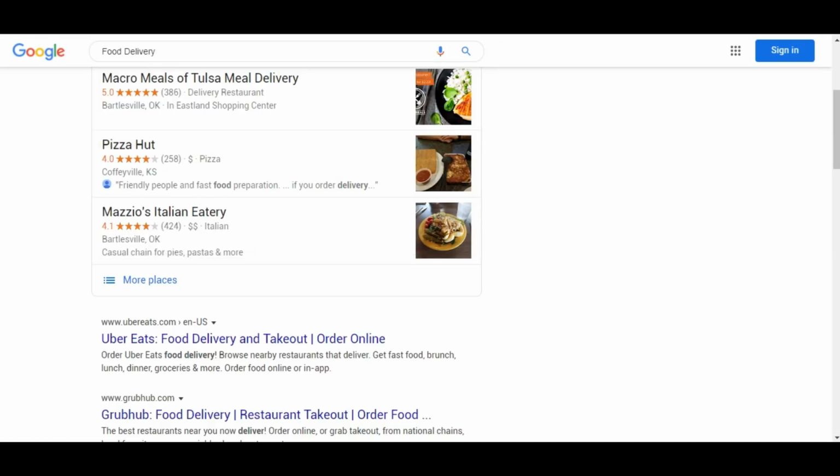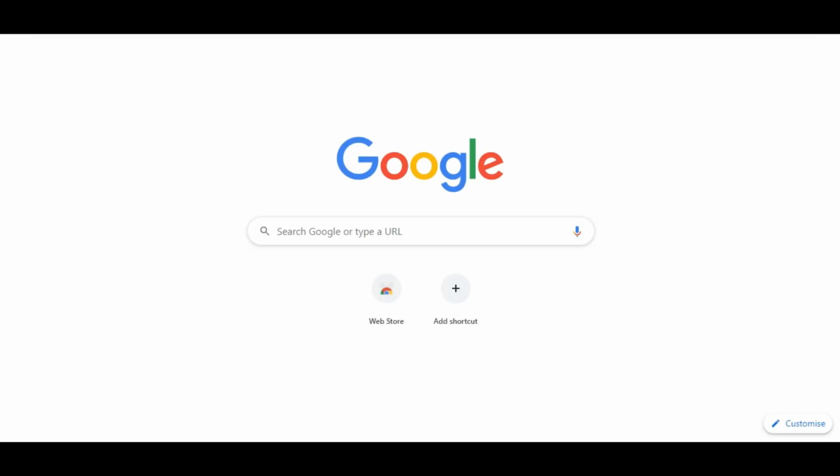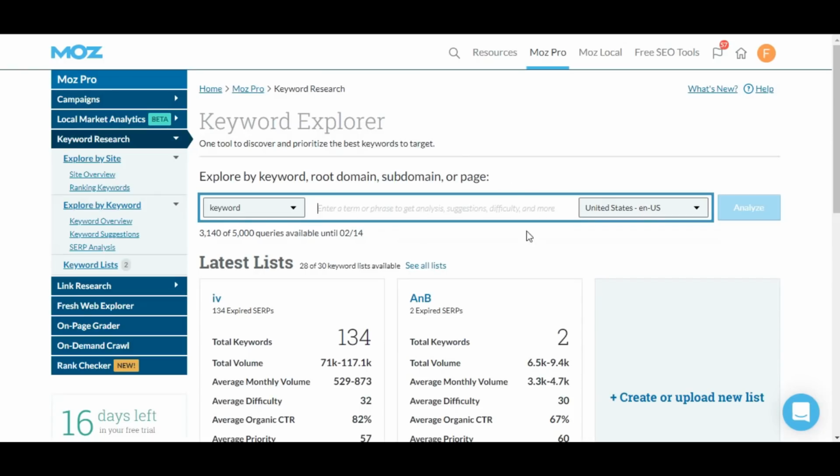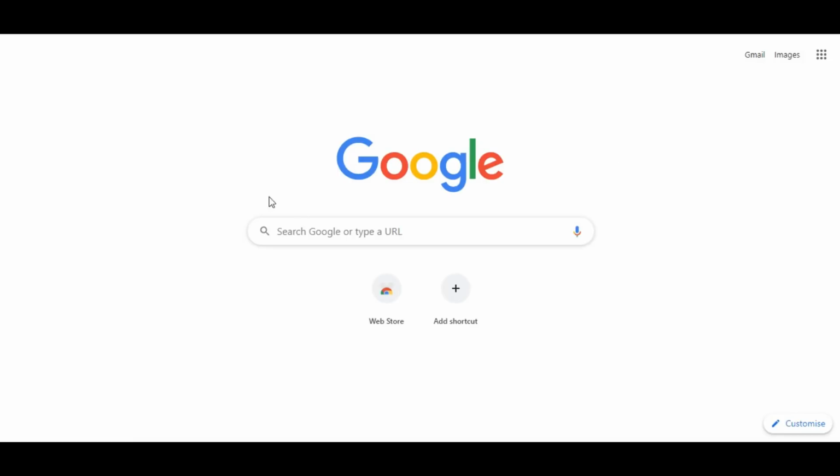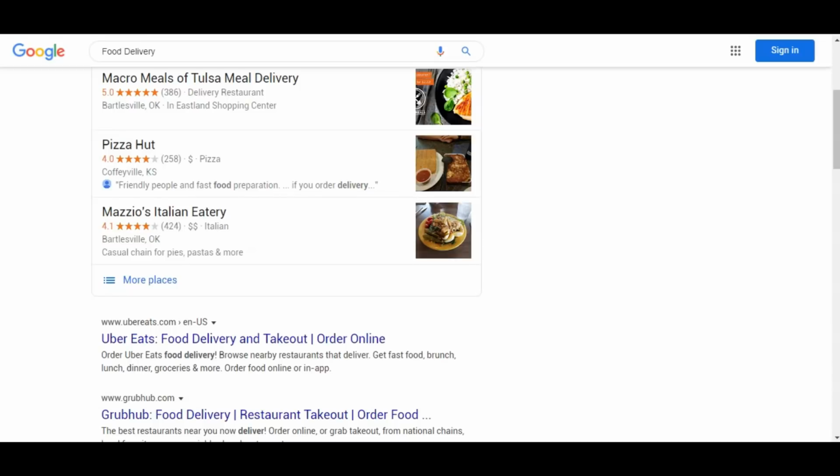So let's search for a Google keyword scraping tool, a free tool, not using Ahrefs or Moz. I'm going to get free tools first, because a lot of guys couldn't afford a paid tool. So let's go and get keyword ideas like Google suggestions.